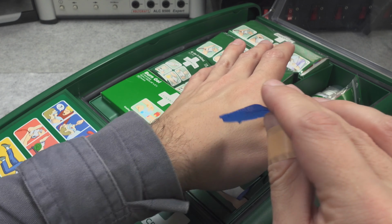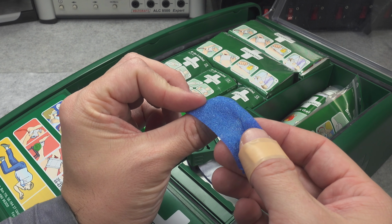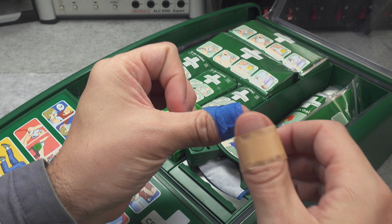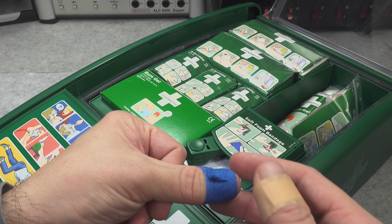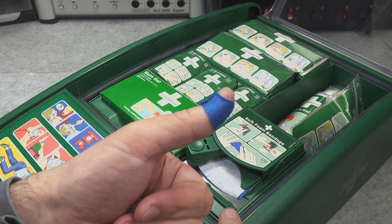Here it is also not adhering. But now let's pretend that I would like to add it here. I pull it, I go like this, and just take a look, magic happens. It sticks to itself, and as you can see, it is not easy to remove. It is holding together,